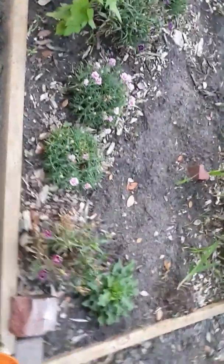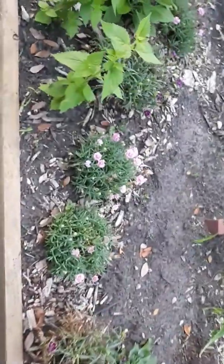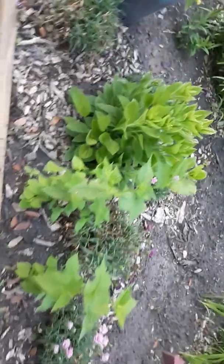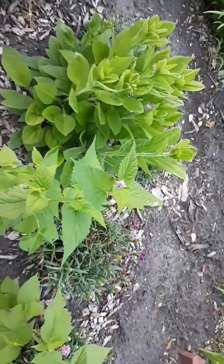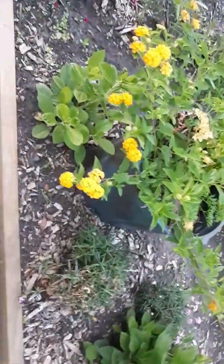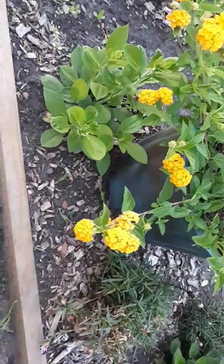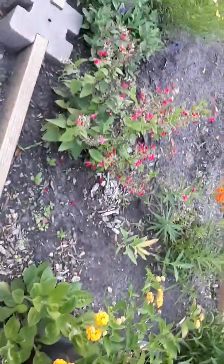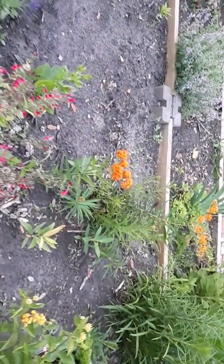I have some perennials I planted that, actually, I don't know if they're going to bloom this year. Some rescued dianthus, which is doing pretty well. That one's kind of got some issues. I'm not so sure about it. Got some anise hyssop that is beginning to bloom. I have some lantana here, some beautiful golden lantana. In this light, it's a very deep golden. Plenty of red salvia, orange milkweed,